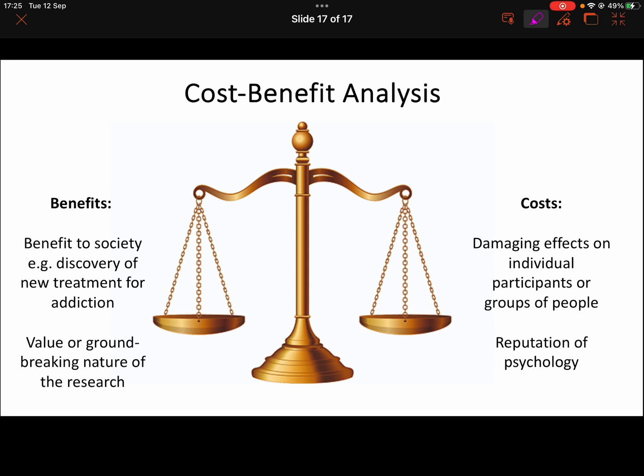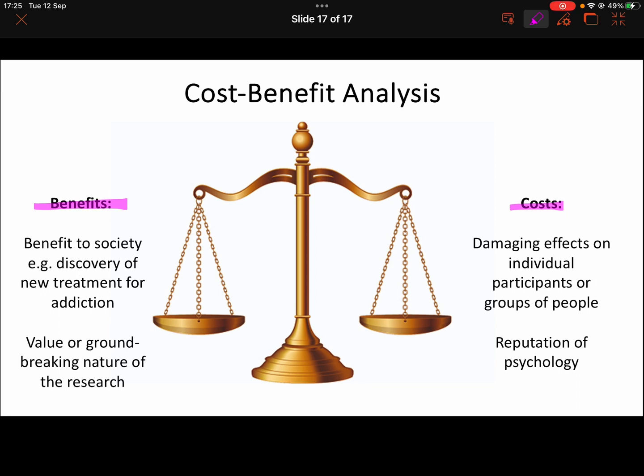They're going to weigh up the costs and the benefits of research proposals to decide whether that research should go ahead. Some of the benefits that they're going to consider are the benefits to society. Hey, this is groundbreaking. This is really innovative research. This research needs to happen because it could potentially save lots of lives or improve our well-being. Some potential costs might be the damaging effects on the individual participants, or it could be that this could lead to discrimination against a whole group of people, and perhaps the harms that might come to them is not worth the